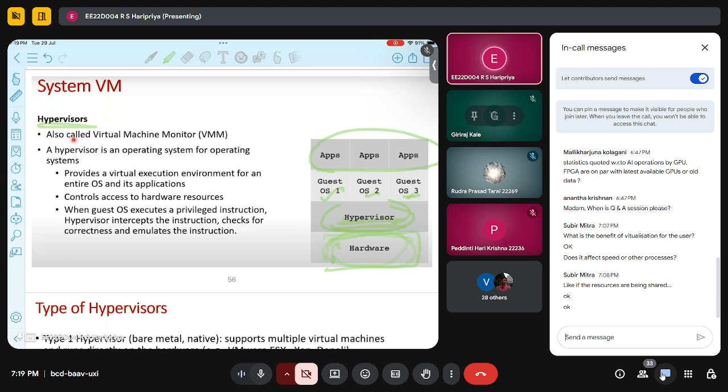So if it tries to access the memory, or maybe the disk or the network interface, or let's say the IO device, it will initiate this privileged instruction, and then the hypervisor will emulate this on the underlying hardware. And there is flexibility in using this hypervisor as a completely transparent layer between the operating system and